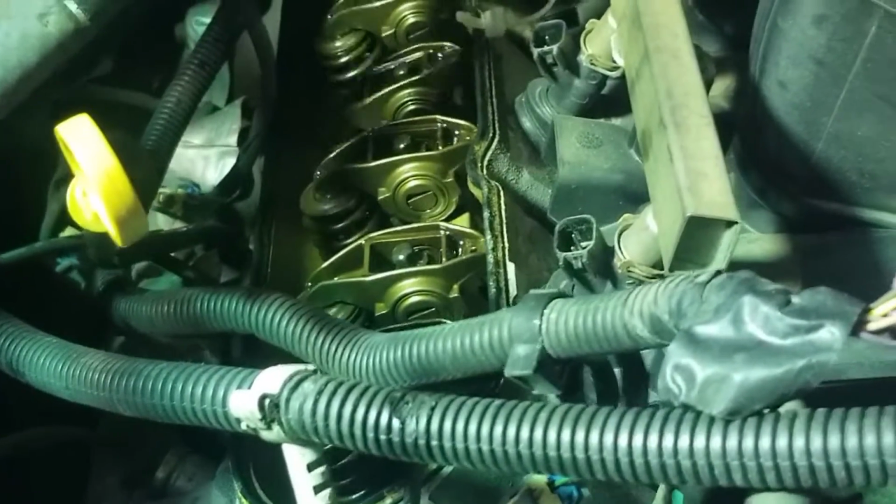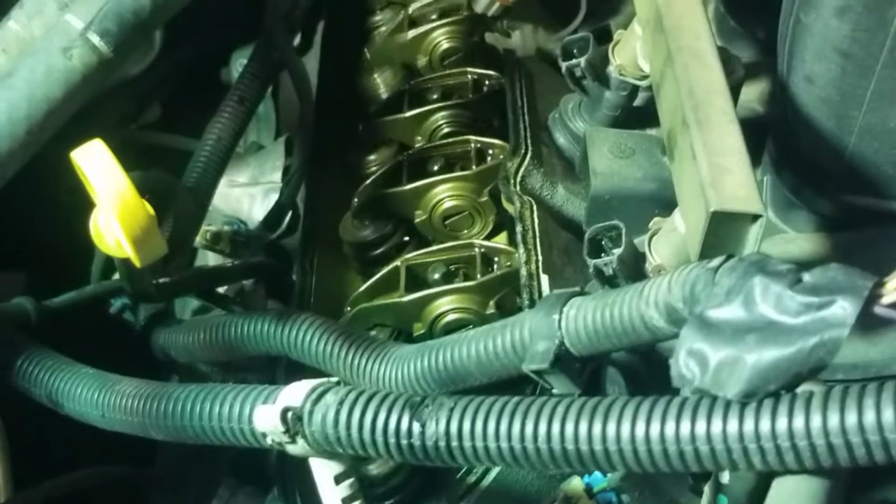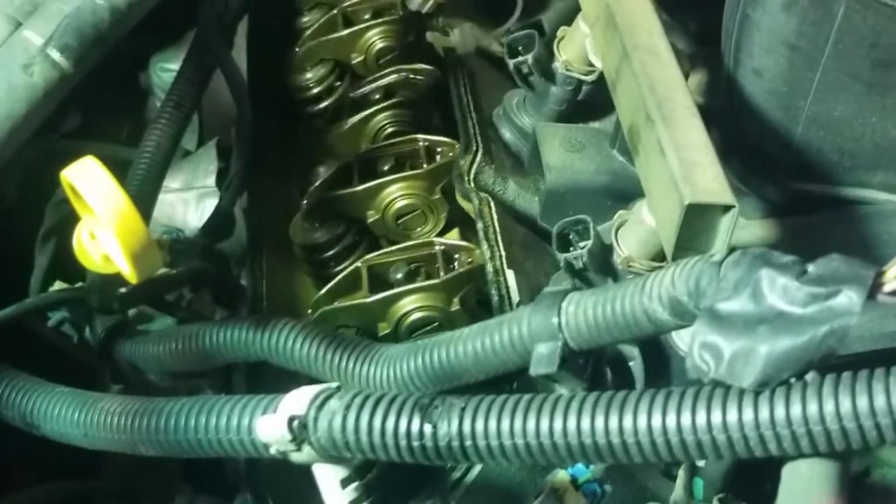See, you've got a ticking valve, but all the valves are moving just fine. Or all the rockers, that is. But it's still got a lift tick in it. So I'm going to talk about on this Suburban